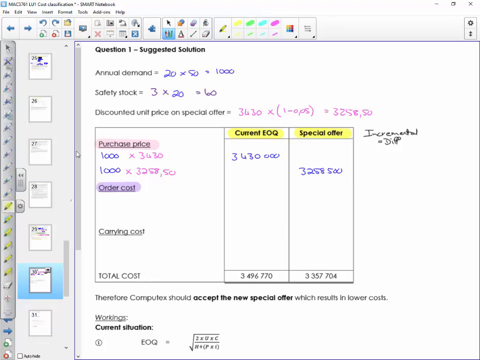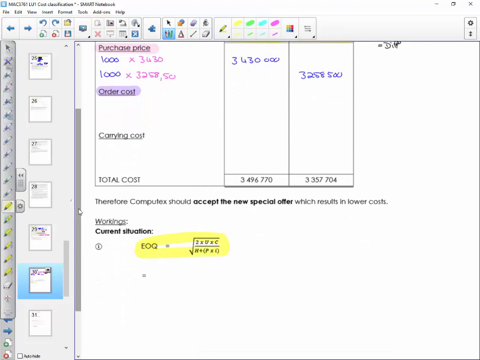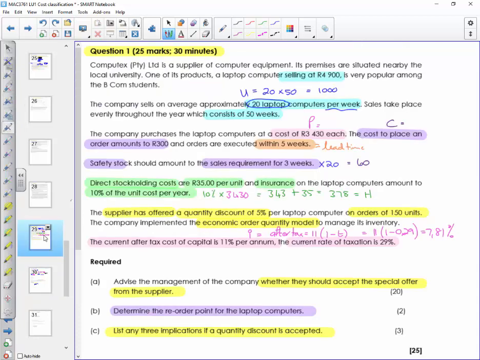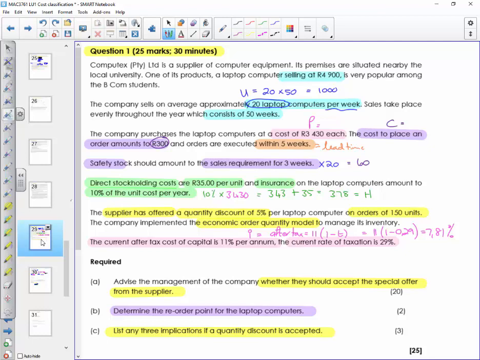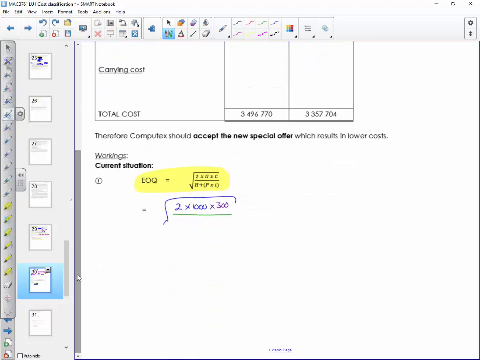So let's go and see what is my economic order quantity. My economic order quantity says I'm going to be ordering twice my annual usage. They said it costs 300 Rand per order. So it's going to cost me 300 Rand per order. My holding costs are going to be 343 plus 35. So I have already done my calculations, but anyway, 343 plus 35 plus my purchase price is 3430,